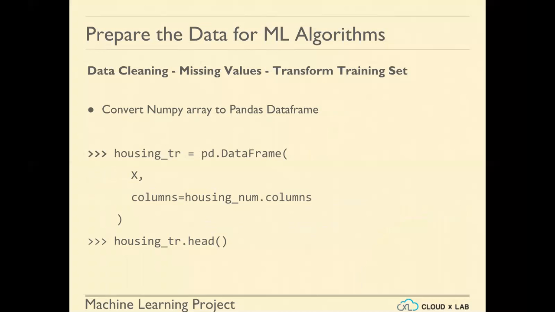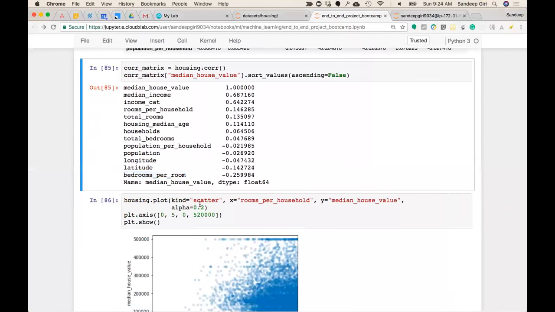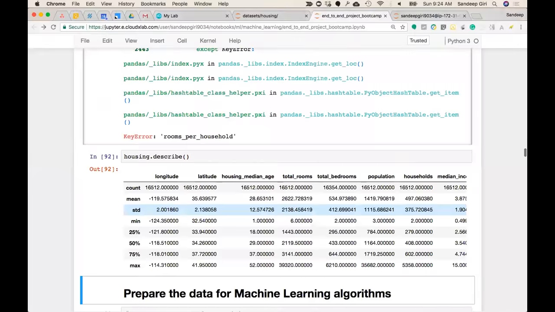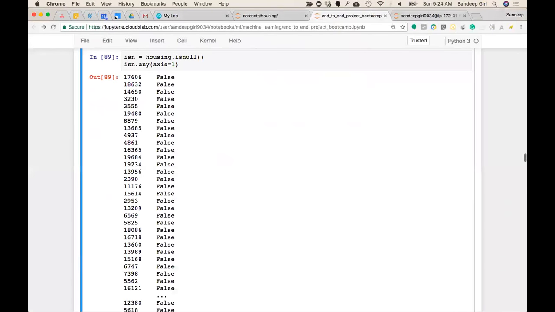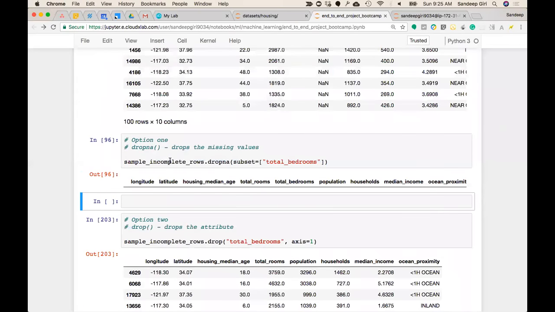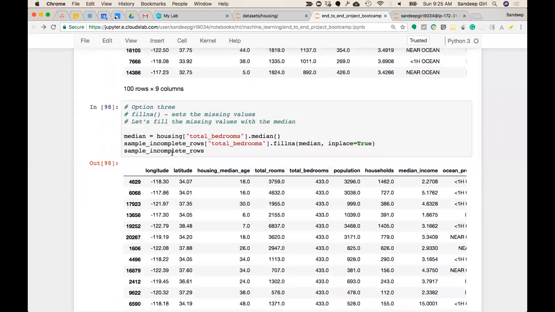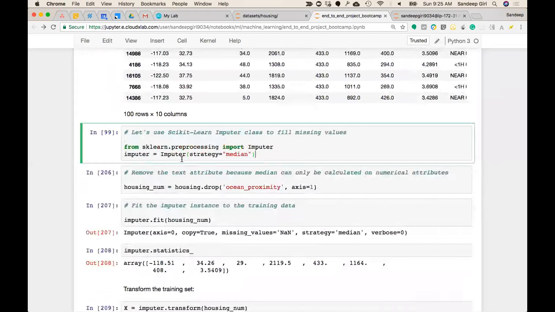Okay, now let me show you this. The imputer transform actually gives you a NumPy array that you need to convert back into pandas if you want to. Okay. So there we are. I'm just going ahead. All right. You guys should also do it parallelly. All right. So this is where we are defining an imputer class, and then